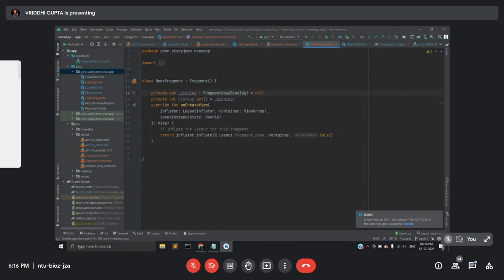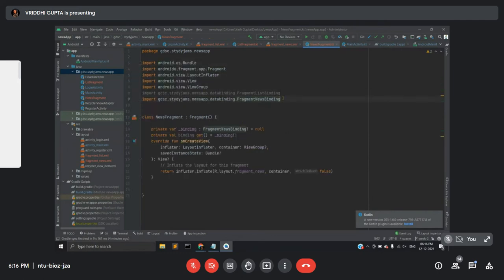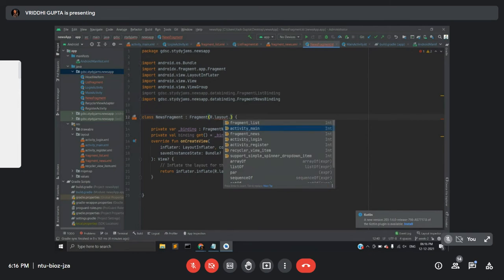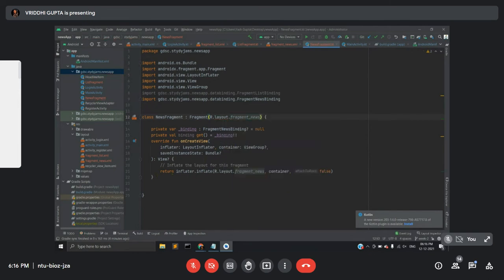See, the class was automatically generated and it was automatically imported to here, right? So you need to change that particular thing, and here you have to define the layout, fragment news. And the same thing has to be done over here.